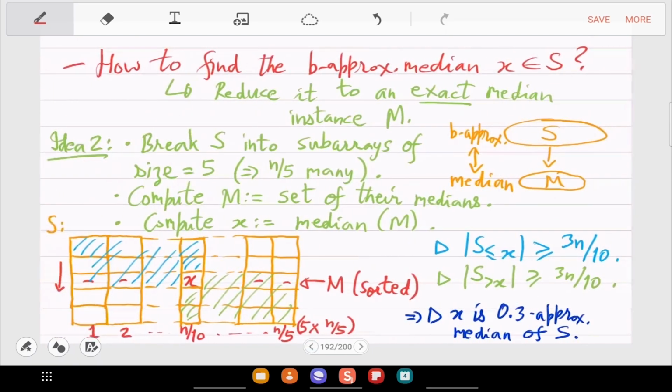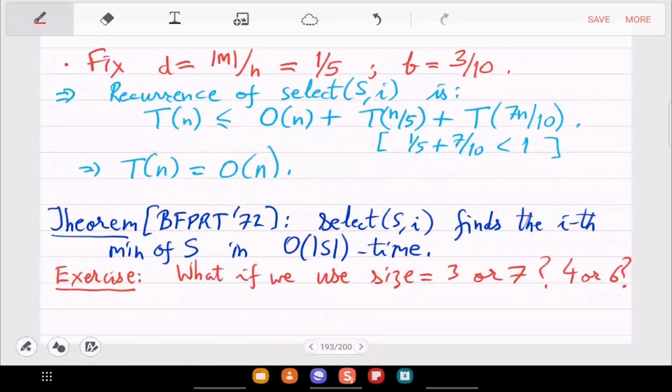Yeah, so natural thing would have been to just take 3 cross n by 3 matrix, because for 3 also you will find the median, and then do this calculation and see what happens. So the trick is that ultimately you want to match D and B. If you take 3, then D will be 1 by 3, but then there will be a problem with B. Okay, you want to balance those inequalities. Okay, any questions?